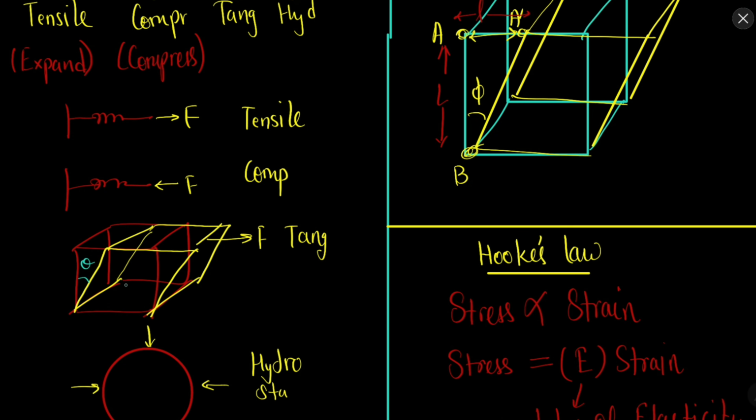angle, like for example, this red one is the original shape. Okay, red one was the original solid. Now we applied a force like this. Because of that, let's say the base is fixed, so the solid may get tilted like this. So this tilt gives us the tangential stress. Why tangential? Because there is some angle which is obtained.